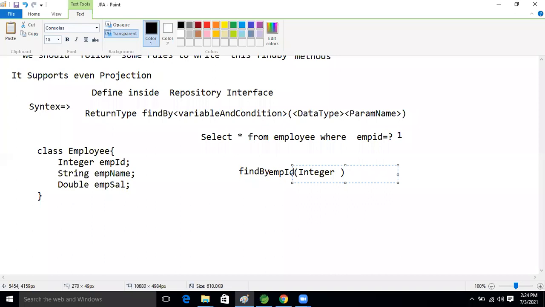Name we can take any, guys. Name can be anything, but what about the return type? The data type should be the same, it must match our entity class, based on which data type we are performing the operation. Okay, this is the method now, guys.